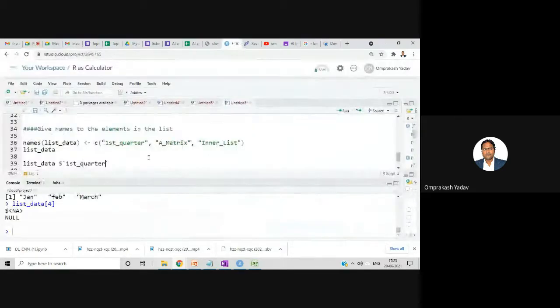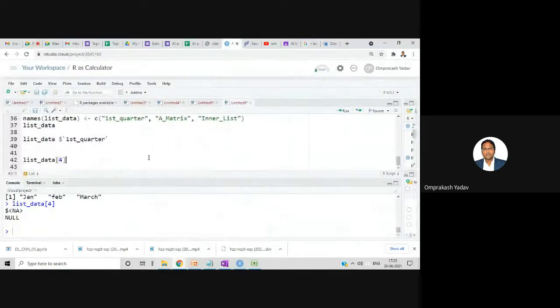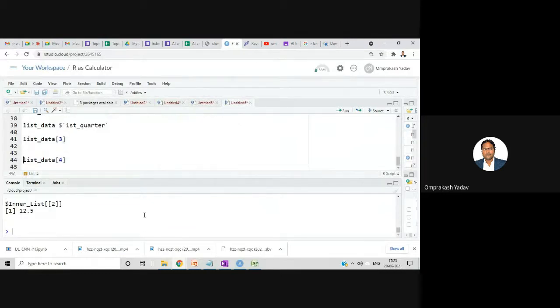Then let's continue. I was checking the elements of list underscore data. Let me check the third one. So at third position we are having an element, right? At fourth position we are not having anything, so it will show us the null value, right? At fourth position we are not having any element.